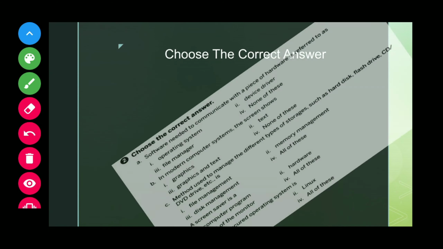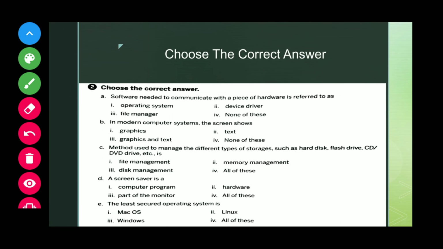So let's start. First, software needed to communicate with a piece of hardware is referred to as the operating system. No, for a piece of hardware it is referred to as the device driver. If we want to communicate with a piece of hardware, we need the device driver of that hardware. So students, you understood this. The correct answer is device driver.